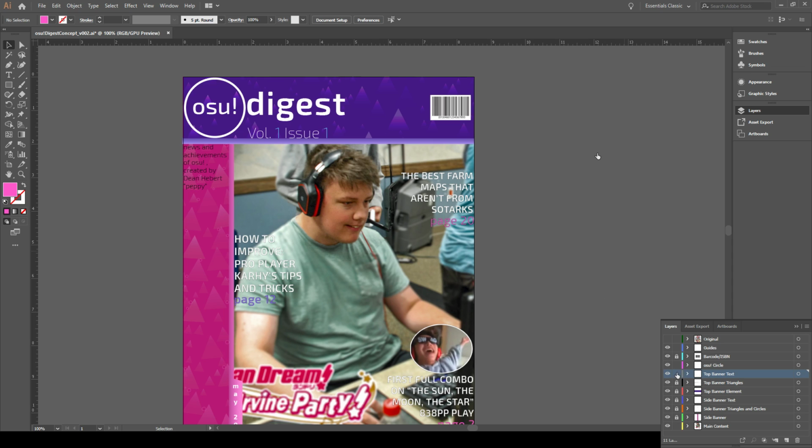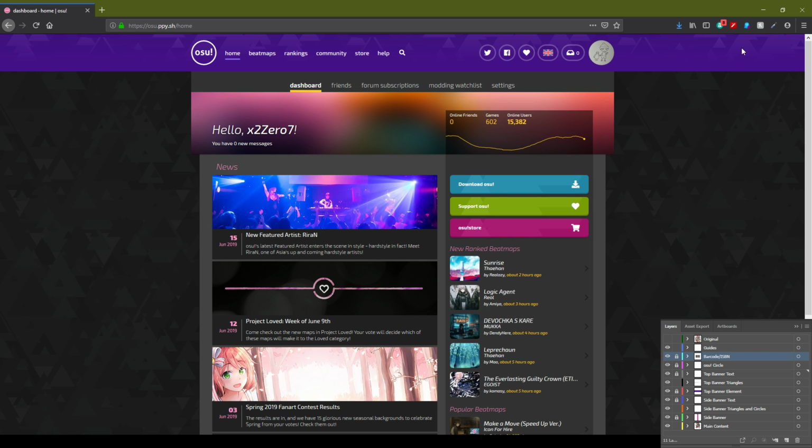So other things that I also wanted to go and add, I wanted to get in all the triangles that you see on the website. I think that's a pretty interesting little design element. It makes things, well, it just looks cool. So if we go back over here, let's look at these. The triangles break up the space. It adds a little more interest, and it doesn't make things feel quite so empty. It gives it some texture, and it implies a little bit of motion as well. I think it also gives it a little bit of depth the more that I look at it.